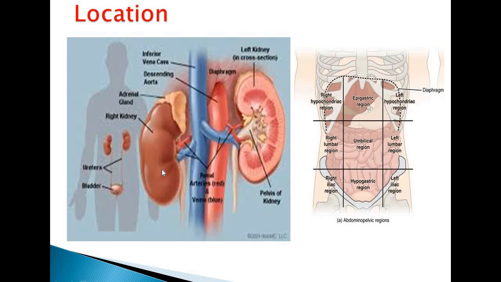The right kidney is located lower because of the presence of the liver, and the left kidney is present nearer to the median plane as compared to the right kidney. Because of this position, the transpyloric plane, which is passing through the 1st lumbar vertebra, passes through the upper part of the hilum of the right kidney to the lower part of the hilum of the left kidney. So the hilum is situated near about the level of L1. Vertical extent of kidney is from T12 to L3 and the hilum is located at the level of L1.